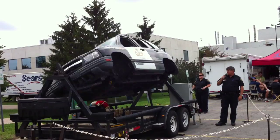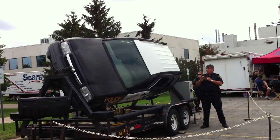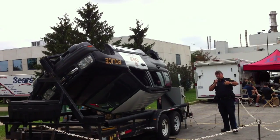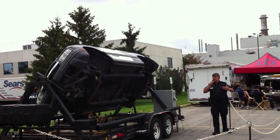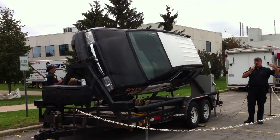That didn't take long for Billy Joe Bob, Daddy. A lot of times in these scenarios, what happens in a rollover situation, the driver is thrown out, gets tangled up in the steering wheel, and each time, every revolution, the vehicle crushes them. So if this thing turns 3 times, which is not uncommon, again, each time the vehicle goes over, it gets